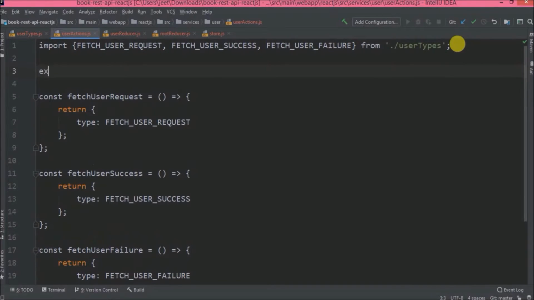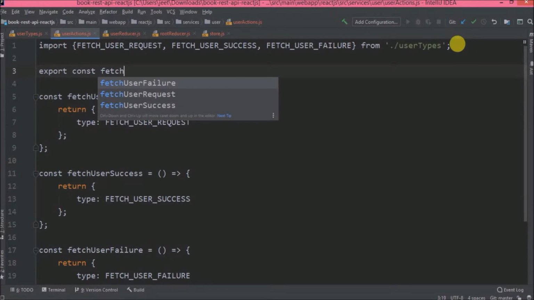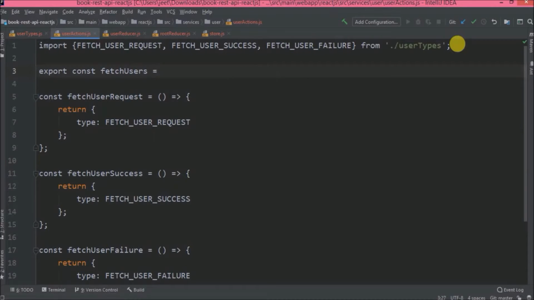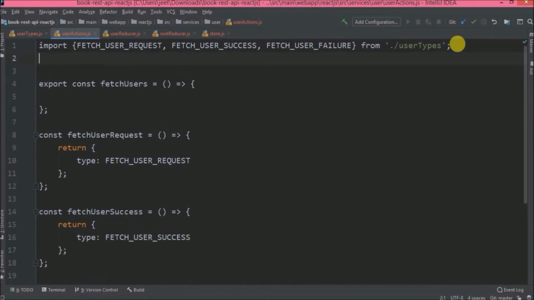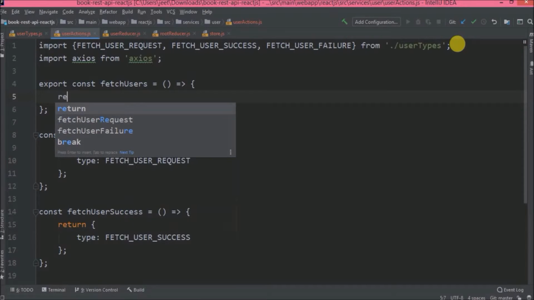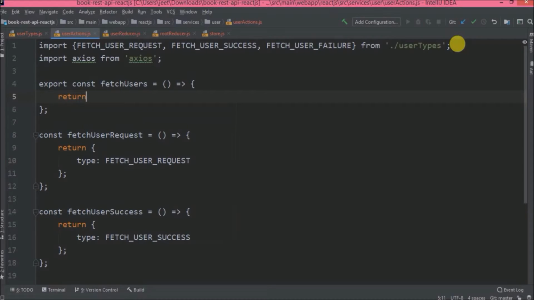Now let's create a method and method name, let's say fetchUsers. So here I mention export, so we can use this in another file also. This fetchUsers method will contain the Axios related code. So first let's import the Axios. Here the Axios code is the same as we added in the React component file. In React we set response related things to state, but here we are not using any state related things, so we will call the dispatch method and pass the actions.